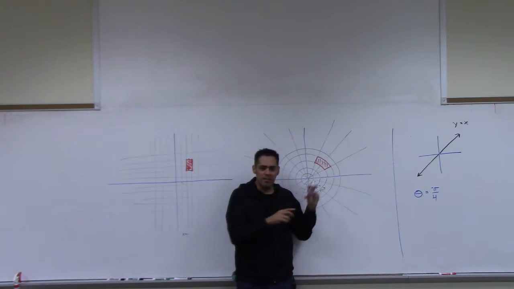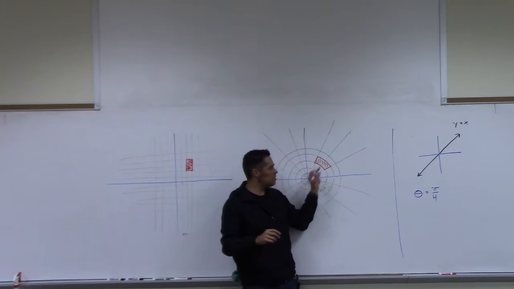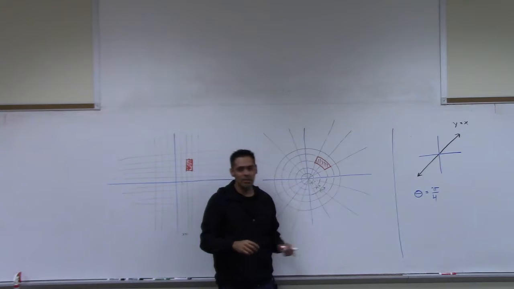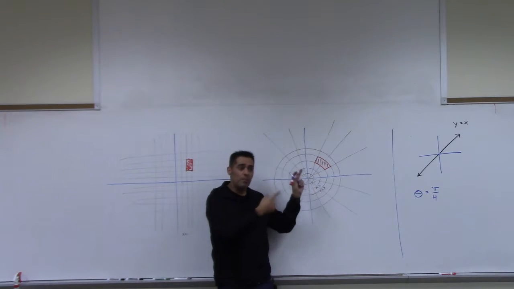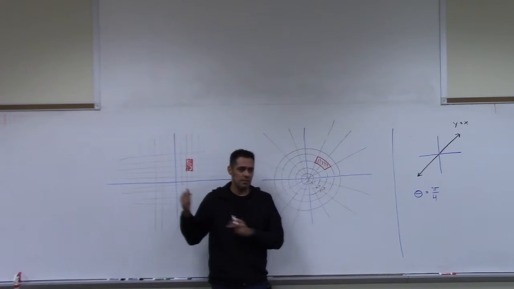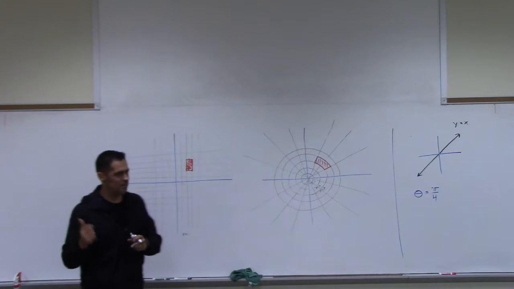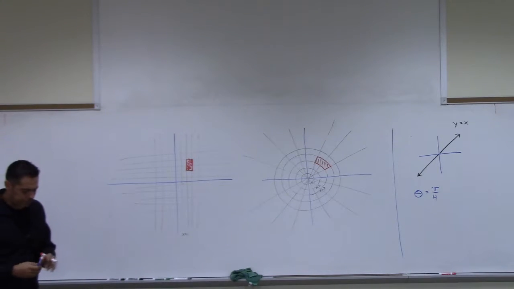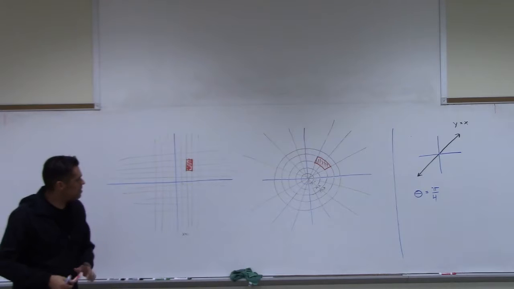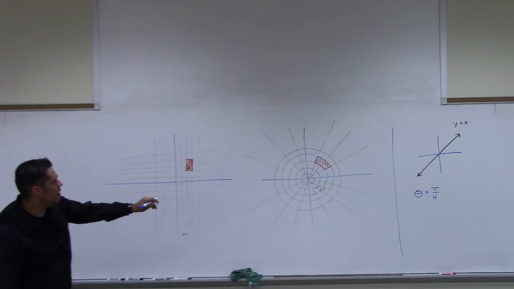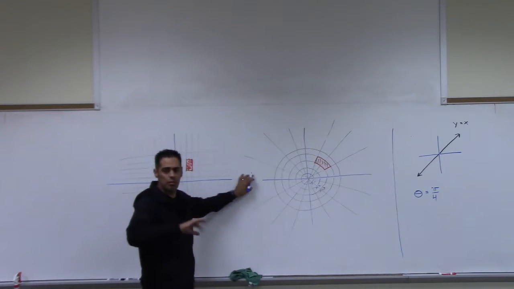A polar rectangle is not your standard rectangle. Like, you don't show this to a third grader and ask, is that a rectangle? Because they're going to tell you no, right? But it's a polar rectangle, not a Cartesian one. Understand this? Okay. So it's pretty interesting stuff, and you can actually go online and just Google polar